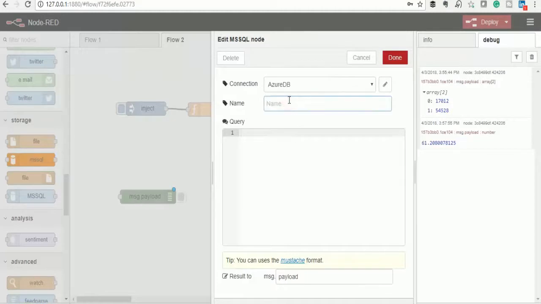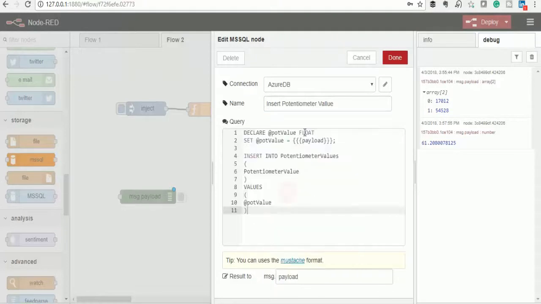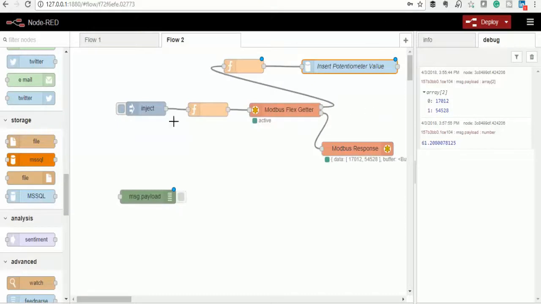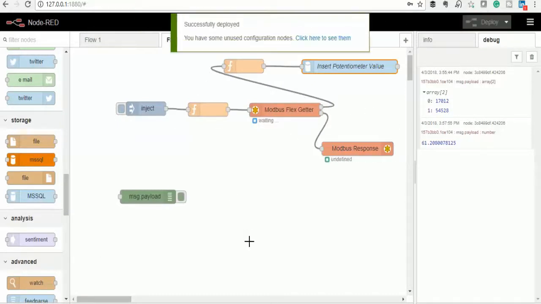right. And then here we can say insert, right. And then I'm going to paste the script that I've already typed for you. So basically what we're doing here, this is a query. We're inserting the payload into this table on this column, right. Deploy,